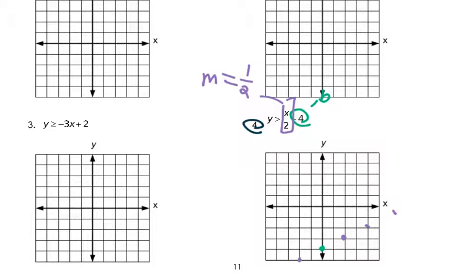All right. Now, I then have to look at my inequality. My inequality is going to tell me whether I have a solid line or a dashed line. Now here it's saying that it is greater than. That means that it will be a dashed line, okay? And any points on that line are not included. So now I'm going to make my dashed line, okay? My arrows. And now I have to determine whether or not I'm shading above the line or below the line. So I'm going to use my test point,